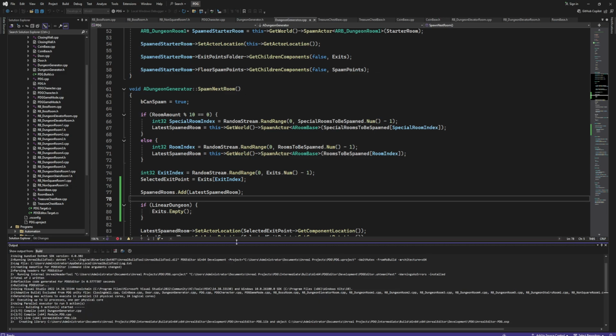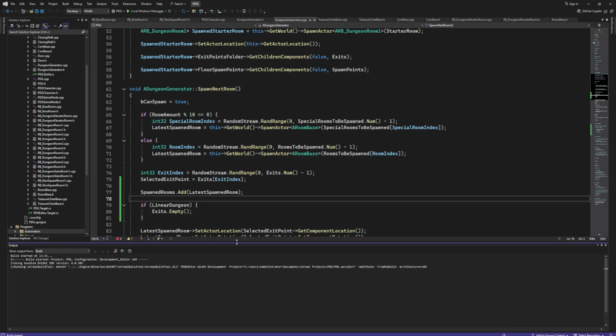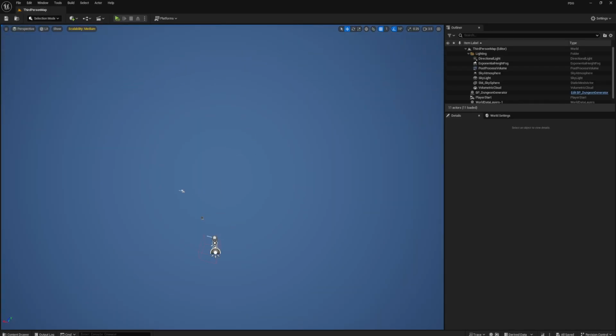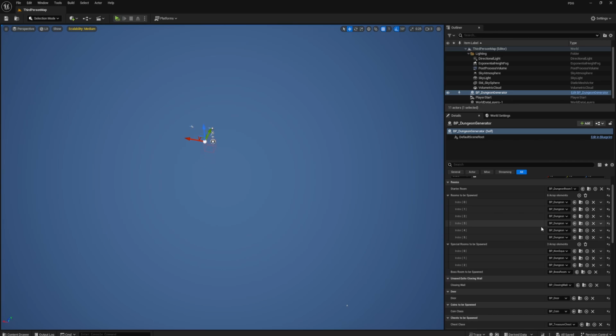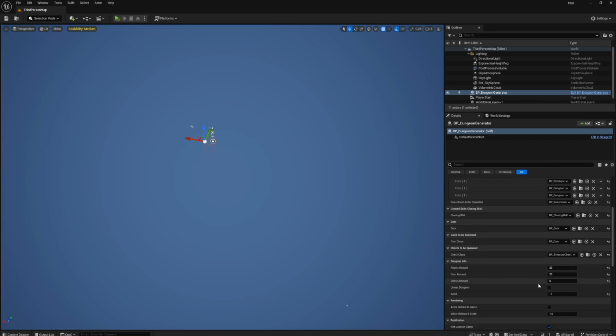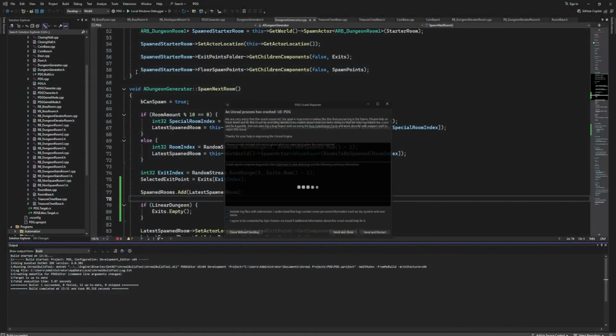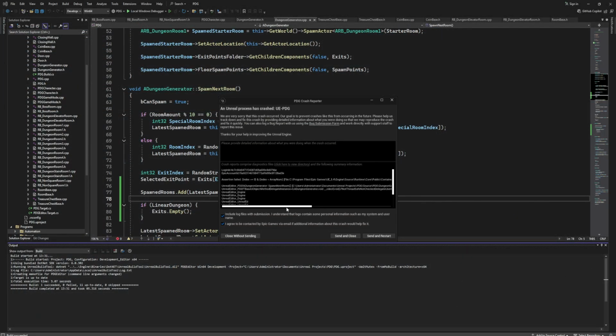and the other ones will be deleted. Now if I compile it and launch our Unreal Engine, you will see what is actually going to happen. Okay, so now if I click on my dungeon generator, you will see that we have this boolean right here exposed. If I click it on true, we will get the linear dungeon. But now just look closely at what is going to happen. If I begin the simulation, you will see that we are getting this crash right here,